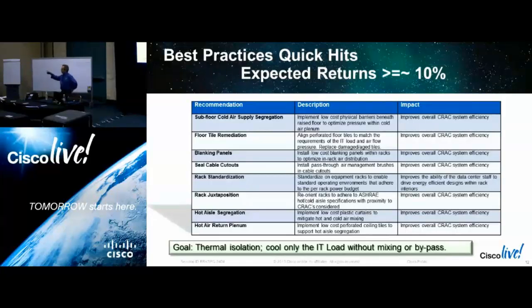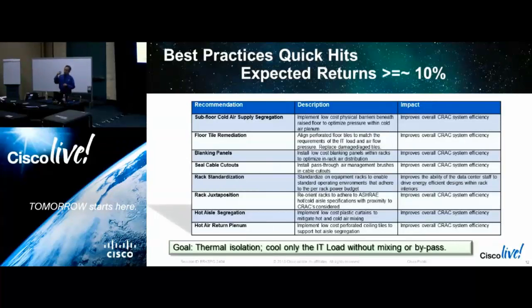Now, if I look down this row or that row and I see anything other than the fronts of racks or backs of racks, take a picture, make a note. You paid for 2 Cisco Lives, okay? You do not want to have the exhaust of one rack feeding the intake of another. And Chris and I were at a place last year where this was part of the problem, okay?